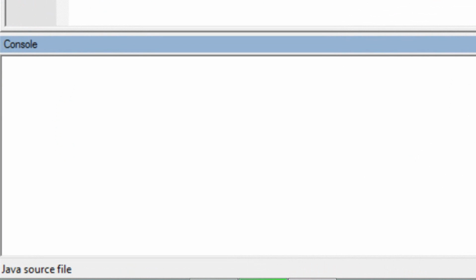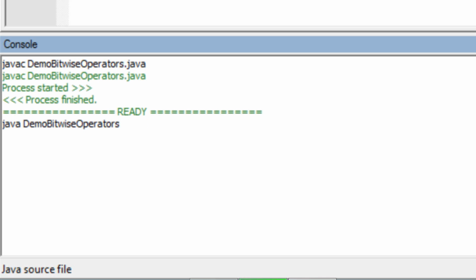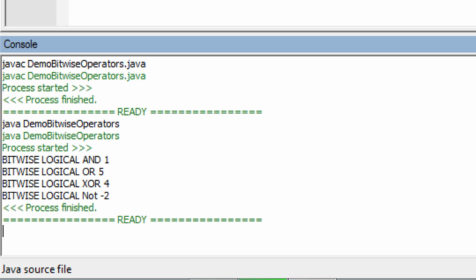To compile a Java program, we type javac followed by file name, that is demo bitwise operators.java. There you can see our program has compiled successfully. Now let's run our program. There you can see our program has executed successfully. This is how we can use bitwise logical operators.